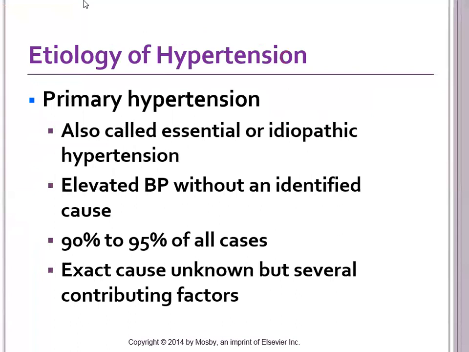So primary hypertension is elevated blood pressure without an identified cause. This is the majority of our patients that you're treating with hypertension, about 90 to 95% of hypertensive patients. So they have hypertension because they have hypertension, okay? There's no exact cause. It could include increased SNS activity, overproduction of sodium retaining hormones, vasoconstrictive substances such as,